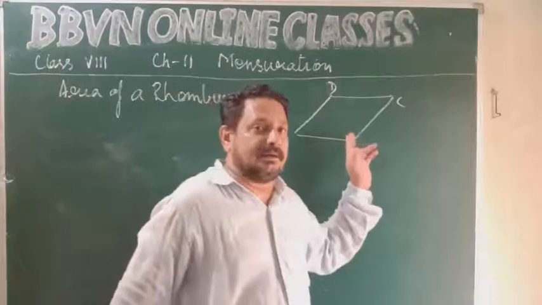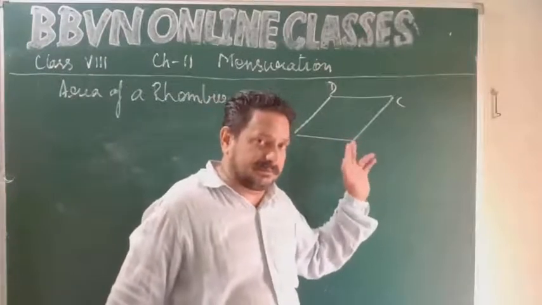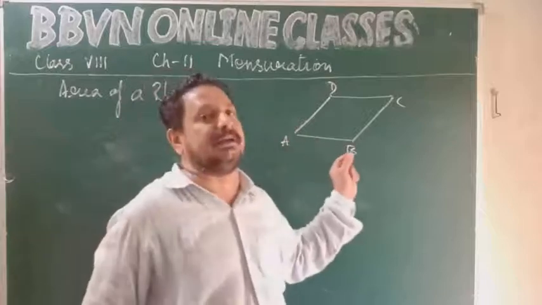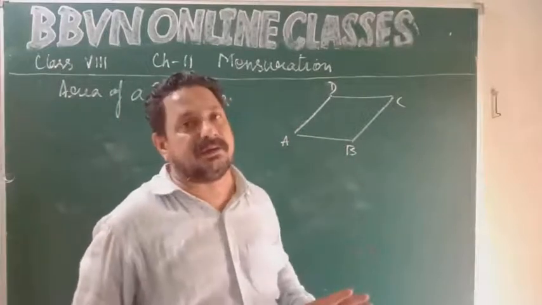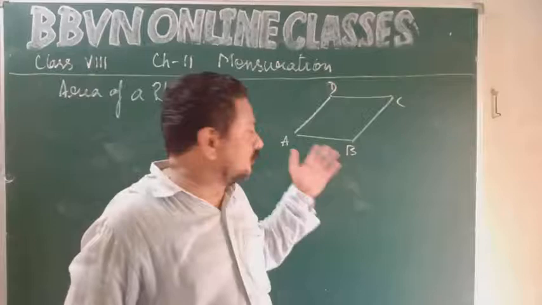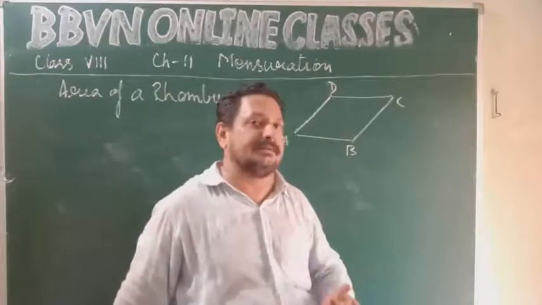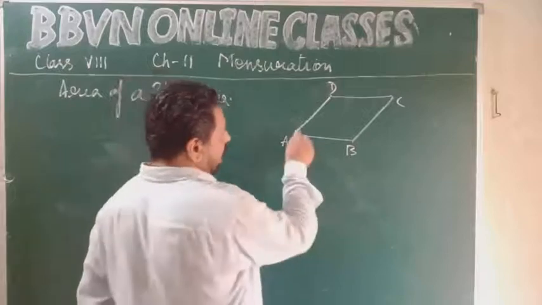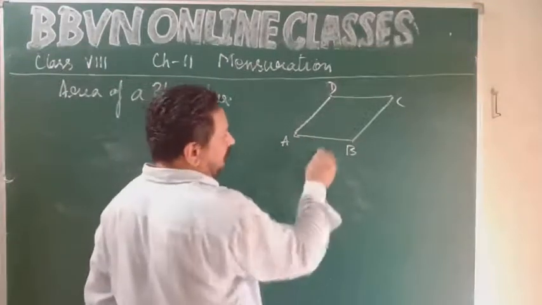Whereas in this rhombus, if you make any vertex angle as 90 degree, remaining angles will become 90 degree. It becomes a square. So here vertex angles are not right angle. Opposite angles are equal. This is for sure. Okay, so it's a parallelogram. Basically, all the sides are equal.